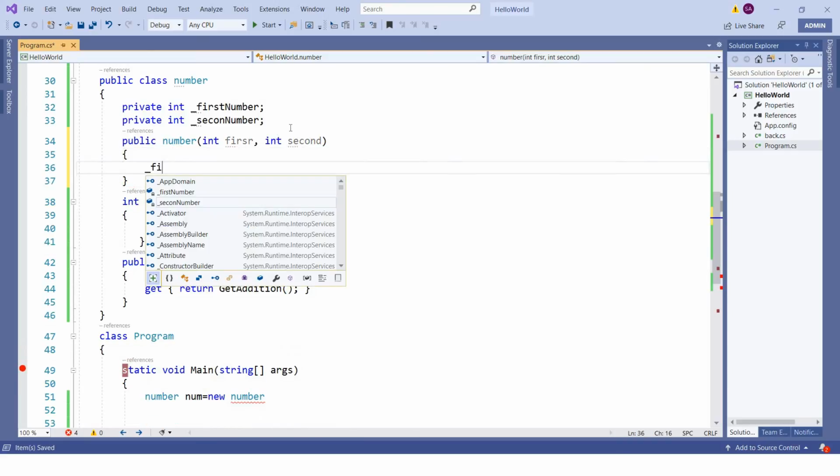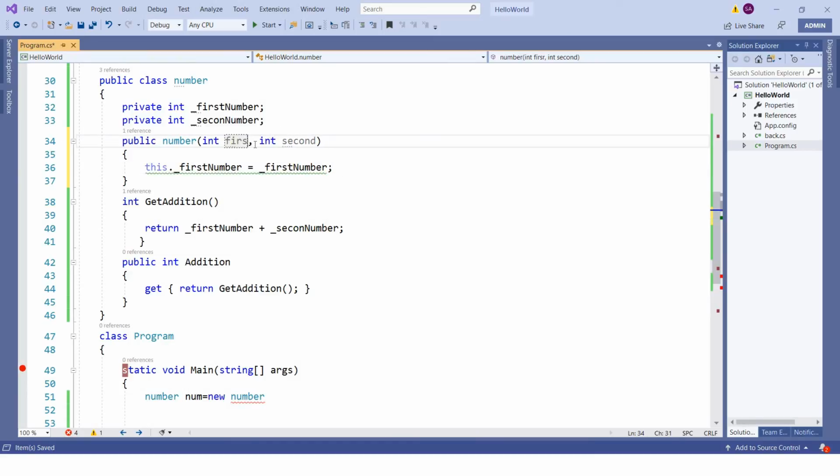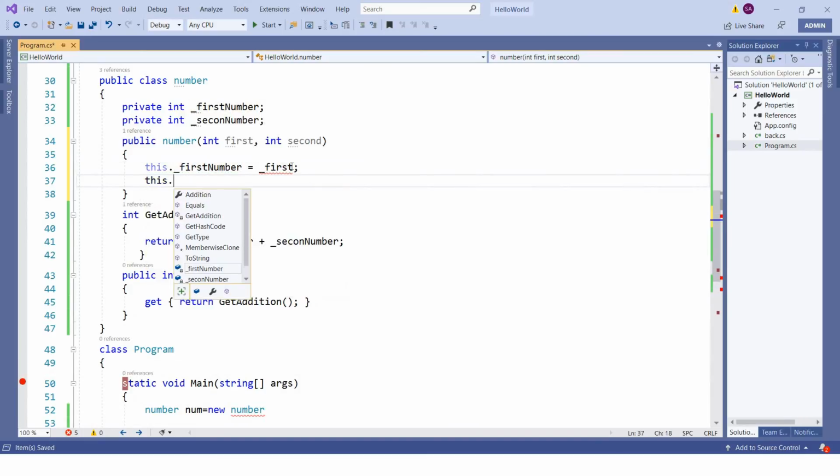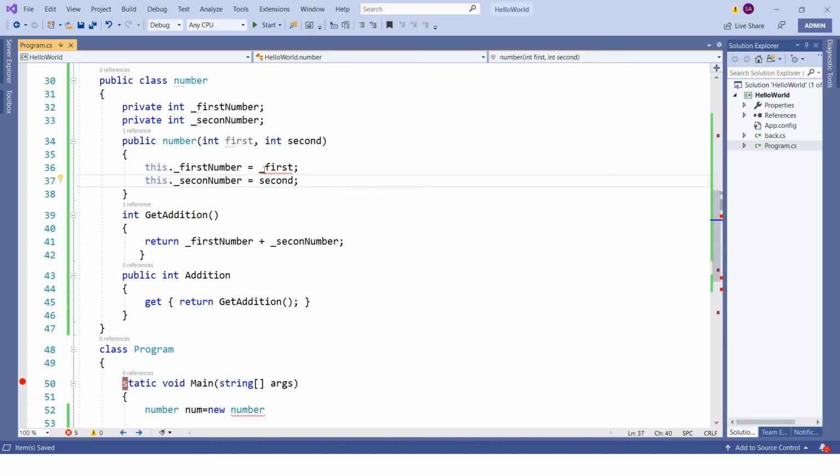It is better to use this dot underscore first number equals first, and this dot underscore second number equals second. So we have initialized it.